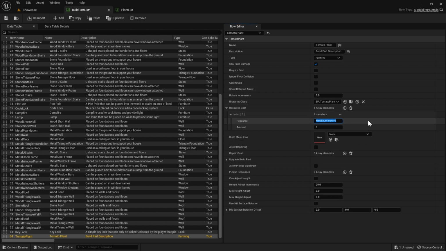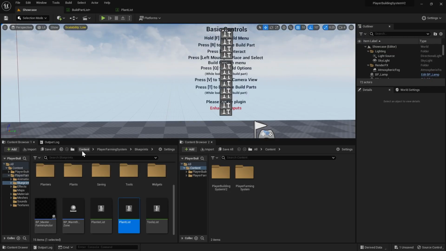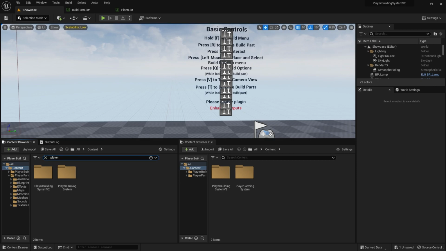Then we need to set the resource name. You can put whatever you want here. It's a tomato plant, so I'm just going to put tomato space seed. I'm going to set this to 1, like that. So for our player to be able to place this tomato plant, it's going to need to have at least 1 tomato seed. Now if we head over to the, we'll select the content folder here and search for player